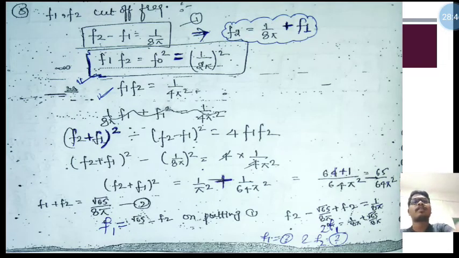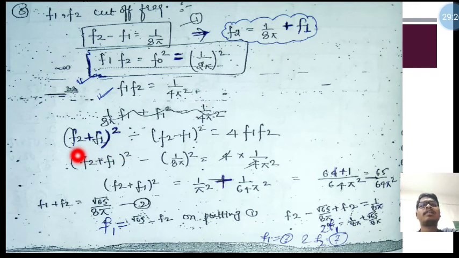And now come to the frequencies f1 and f2, that is cutoff frequency f1 and cutoff frequency f2, that is lower cutoff frequency and higher cutoff frequency. So we know from the bandwidth equation only, that is f2 minus f1 is equal to 1 divided by 8 pi. So after taking f2 on the left hand side and on the right hand side, 1 divided by 8 pi plus f1. So f1 f2 is equal to f0 square and 1 divided by 2 pi square. This is another equation, you can remember this equation also. f1 f2 is equal to 1 divided by 4 pi square.